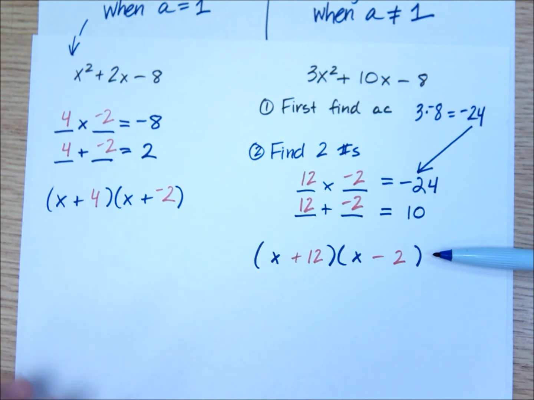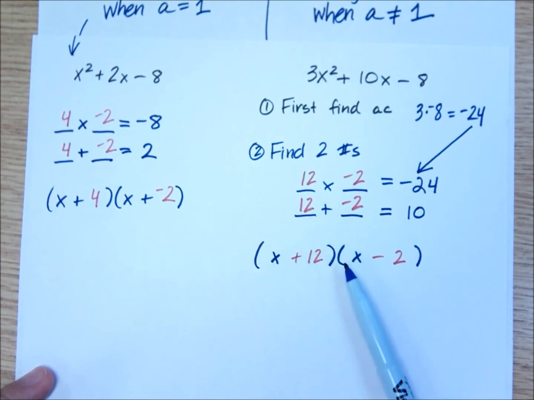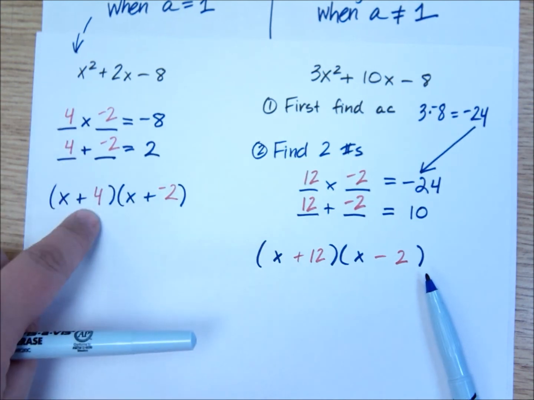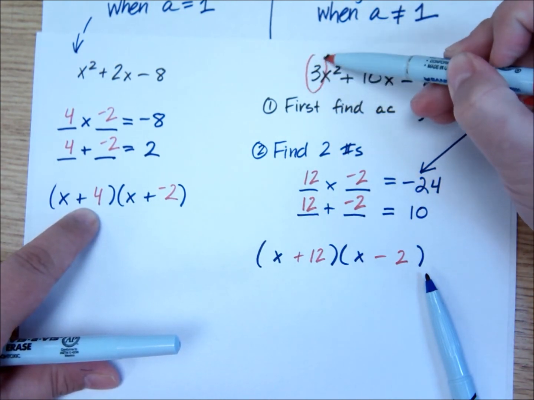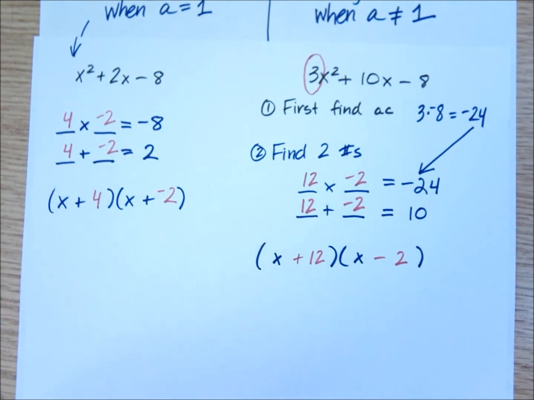So for just a second, we treat it like it's one of these over here, and I can just write x plus a number, x plus a number. And so I go ahead and write that out. Then I take care of the fact that it is not one of these. And the thing that makes it not one of those is this number right out front. So that's how I'm going to take care of it. I'm going to take that number out front,